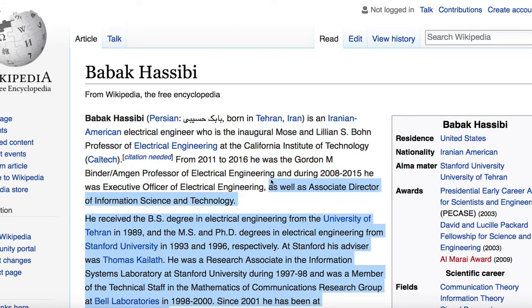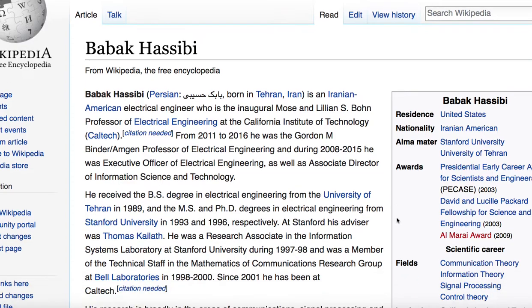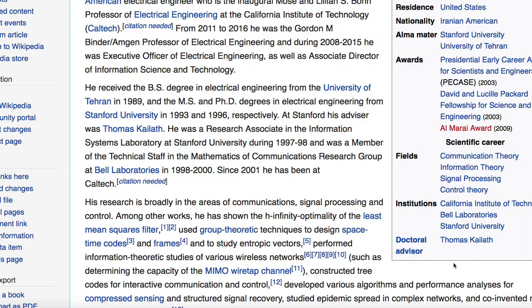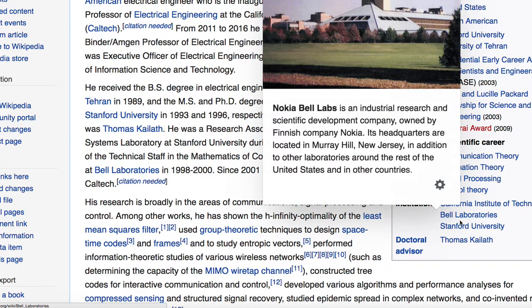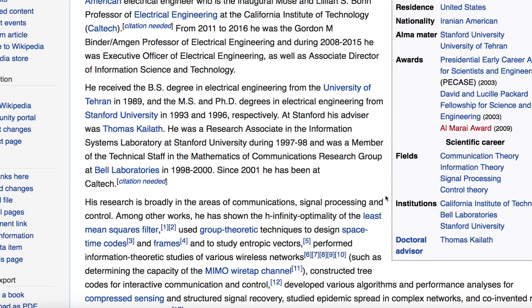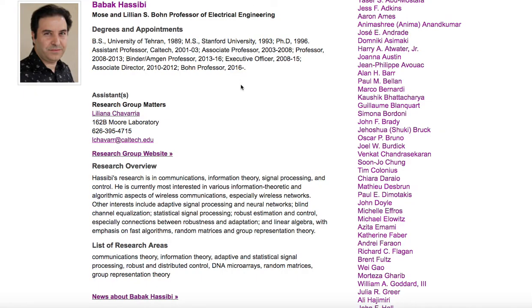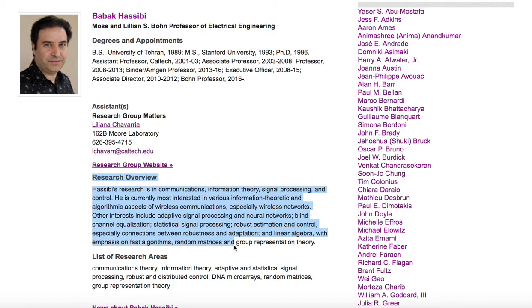And so if we look at his Wikipedia page, you can see a little bit about his history and the different institutions that he's worked at, including Bell Laboratories and Stanford University and Caltech. And if we continue on, you could see a little bit more about his research interests and his research areas. Although Dr. Hasibi is a professor of electrical engineering, he has done much work in computer science theory, information theory, and